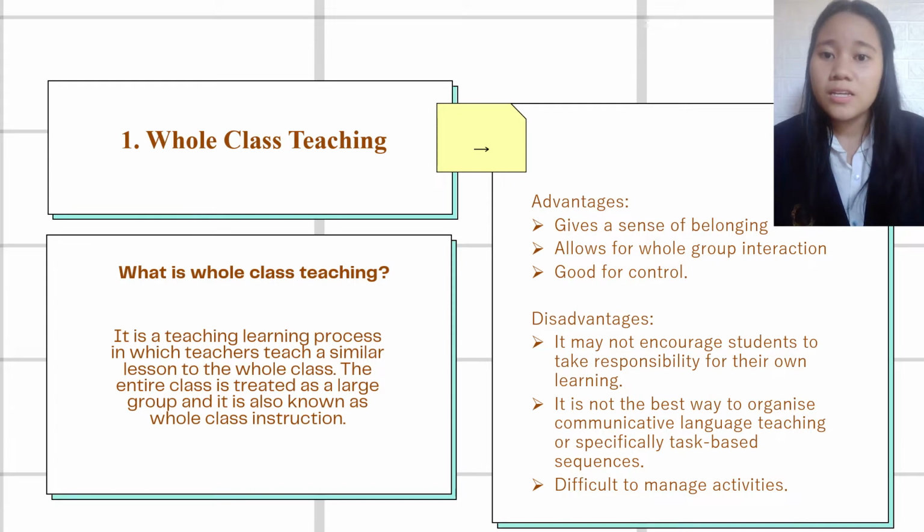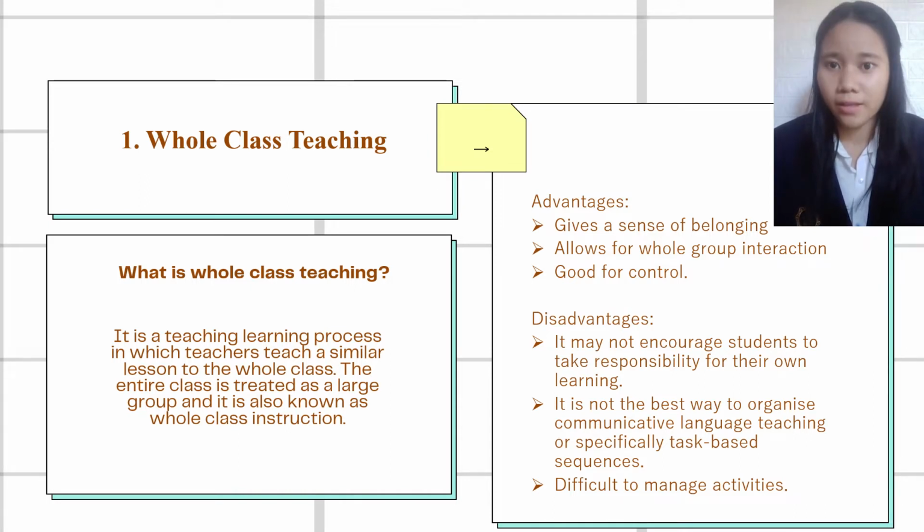The second, it is not the best way to organize communicative language teaching or specifically task-based sequences, where communication between individuals is more difficult in a group of 20 or 30 persons than it is in a group of 5 or 4 persons. In smaller groups, it is easier to share material, speak quietly and less formally, and make